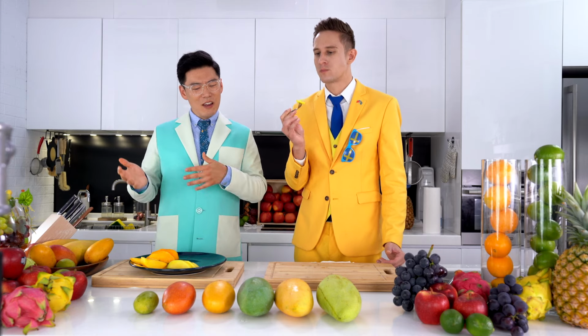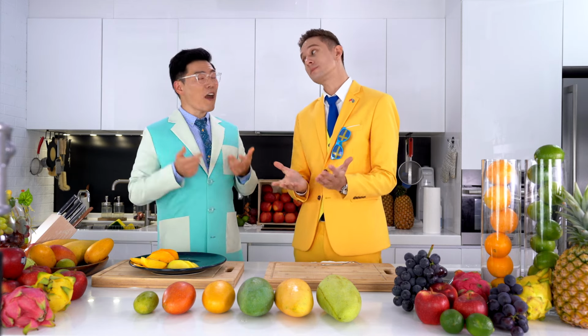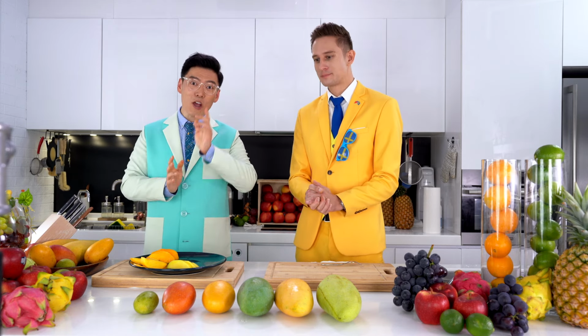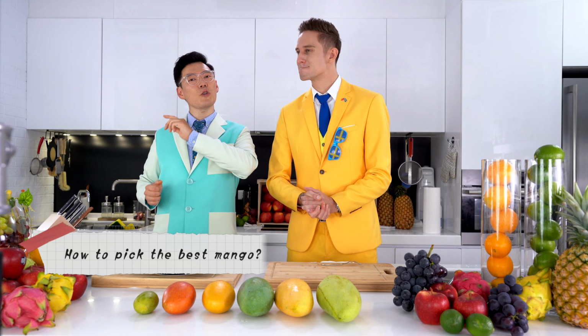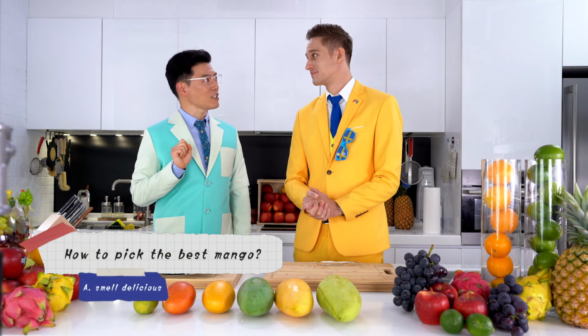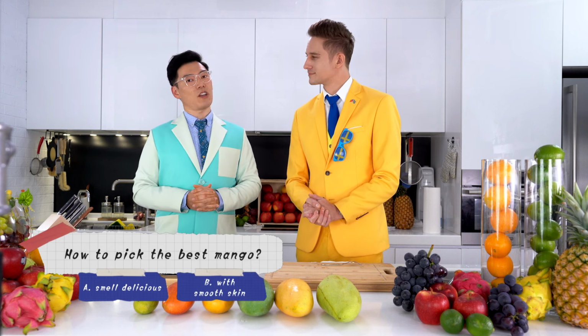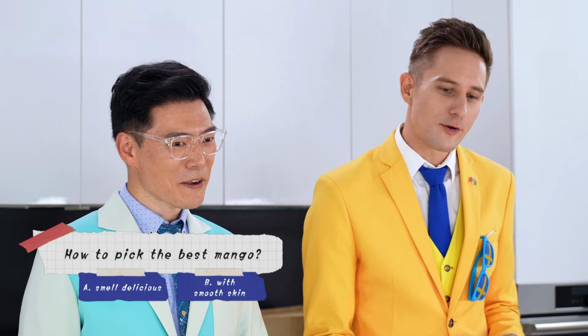So, Martin, we've been eating all these different mangoes, and just like you said, green, is it unripe? How do we actually pick a mango? So, question for you. How do you pick a ripe mango or the best mango? Is it A, one that smells delicious, or B, one where the skin is smooth? What do you think? I'm just gonna go for